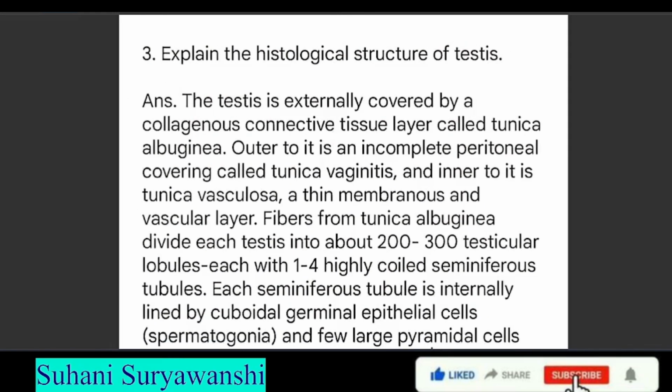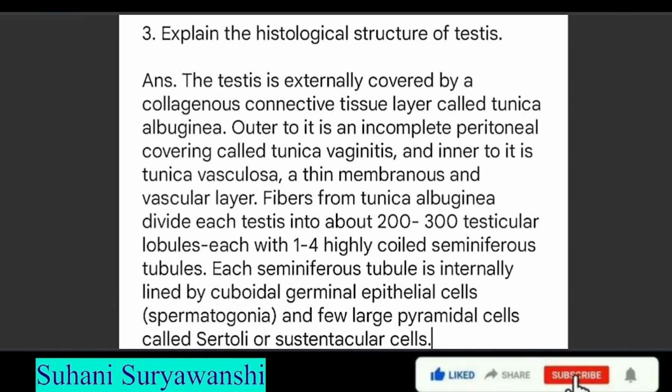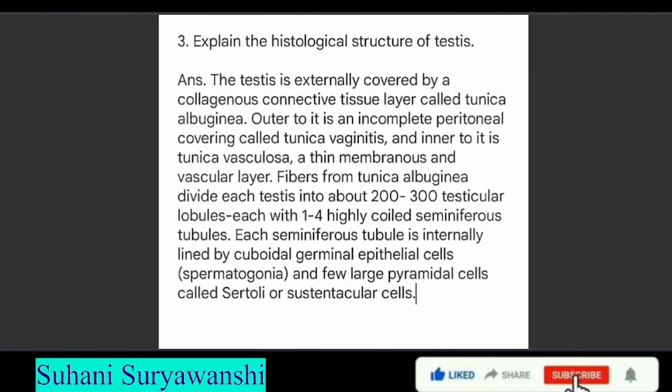Explain the histological structure of testes. The testis is externally covered by a collagenous connective tissue layer called tunica albuginea. Outer to it is an incomplete peritoneal covering called tunica vaginalis, and inner to it is called tunica vasculosa, a thin membranous and vascular layer. Fibers from tunica albuginea divide each testis into about 200 to 300 testicular lobules, each with 1 to 4 highly coiled seminiferous tubules. Each seminiferous tubule is internally lined by cuboidal germinal epithelium and few large pyramidal cells called Sertoli cells or